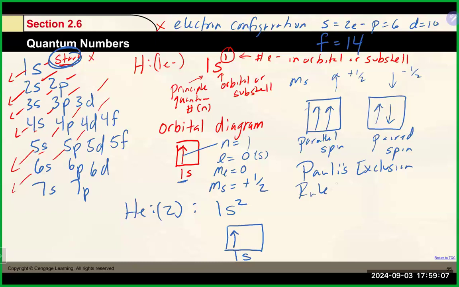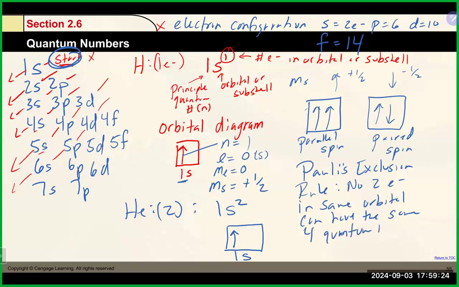And Pauli's exclusion rule basically says that no 2 electrons in the same orbital can have the same 4 quantum numbers. So if you have 2 electrons in the same orbital, they cannot have all the same quantum numbers. So clearly we just did our quantum numbers for this first electron, right? Which is right here. Again, n equals 1, L equals 0, m sub L equals 0,